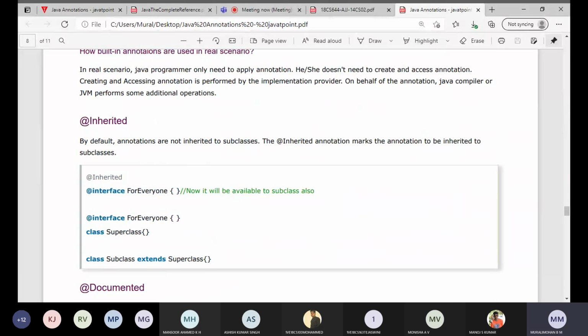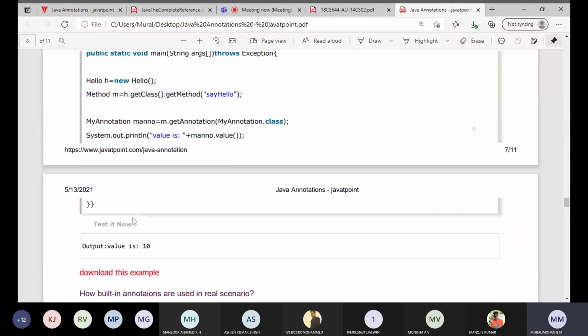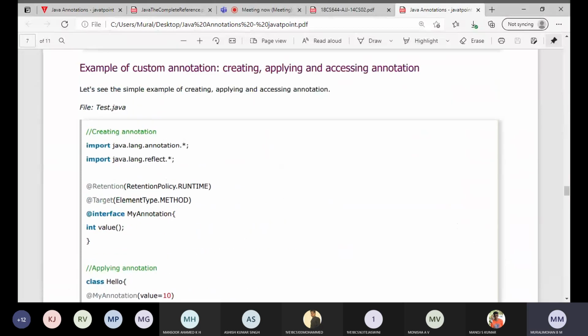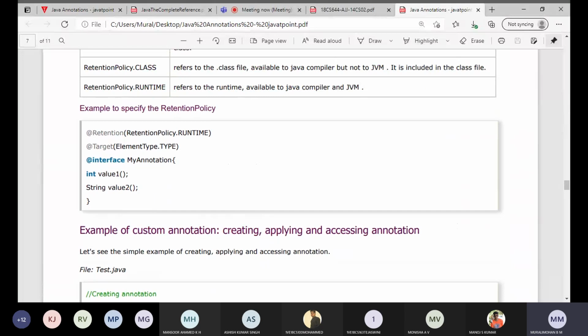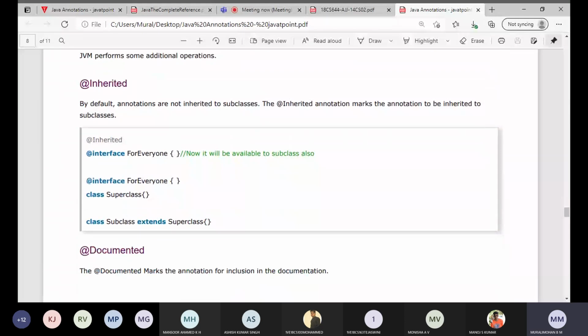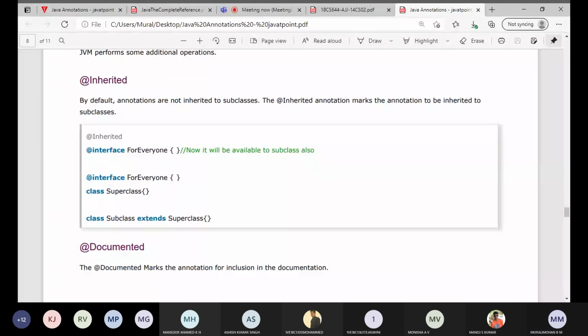Similarly, we have retention policies and target. If an example is asked in the examination, then you must be in a position to write it. Based on the target, it takes one parameter, whereas Documented, Deprecated and Inherited are all marker annotations, meaning zero members will be there.